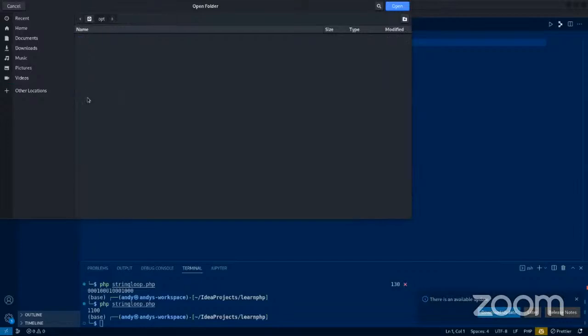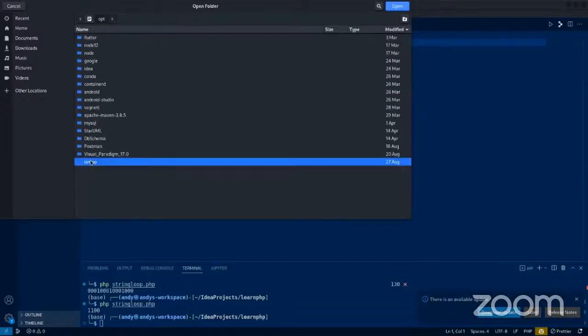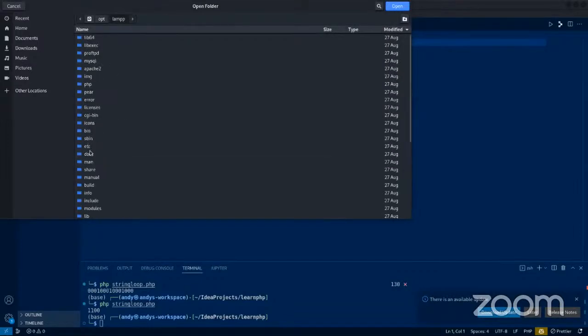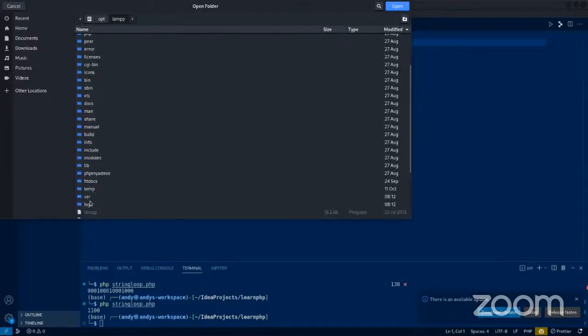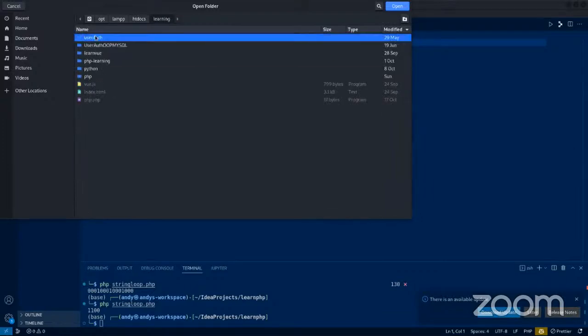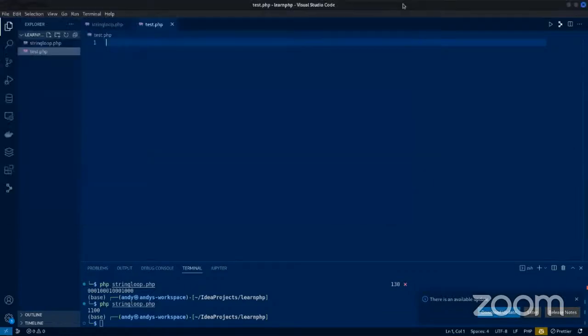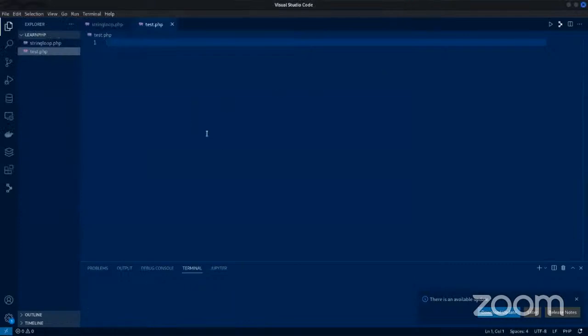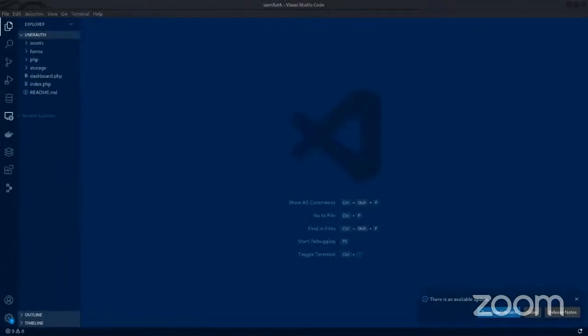OPT, lamp, then htdocs, and then user auth. Okay. So basically, I think this is the project right now. Please just indicate if you can still see my screen. So guys, I'm still waiting. If you have questions, feel free to ask them while I try to